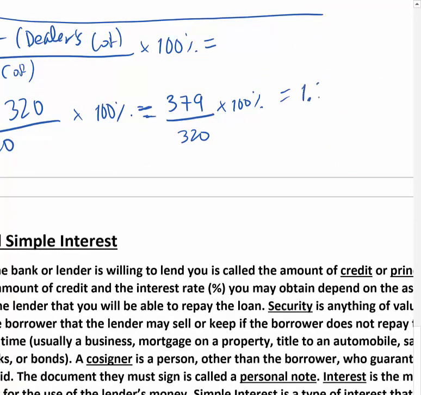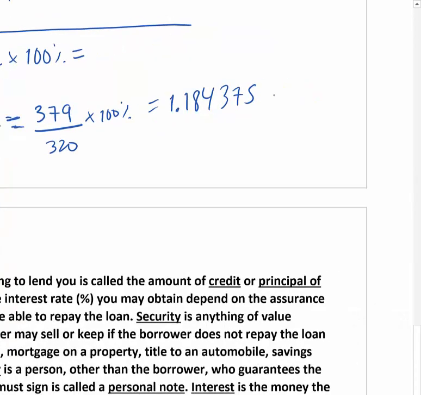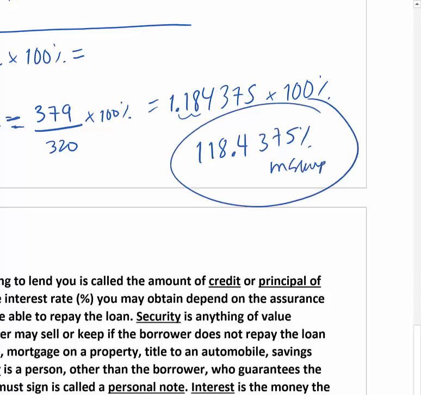I've got 1.184375. We're going to multiply that by 100%. Okay, that moves the decimal twice to the right. So wow, it's 118.4375% markup. So I guess, you know, if it's 100% markup, that means that they're